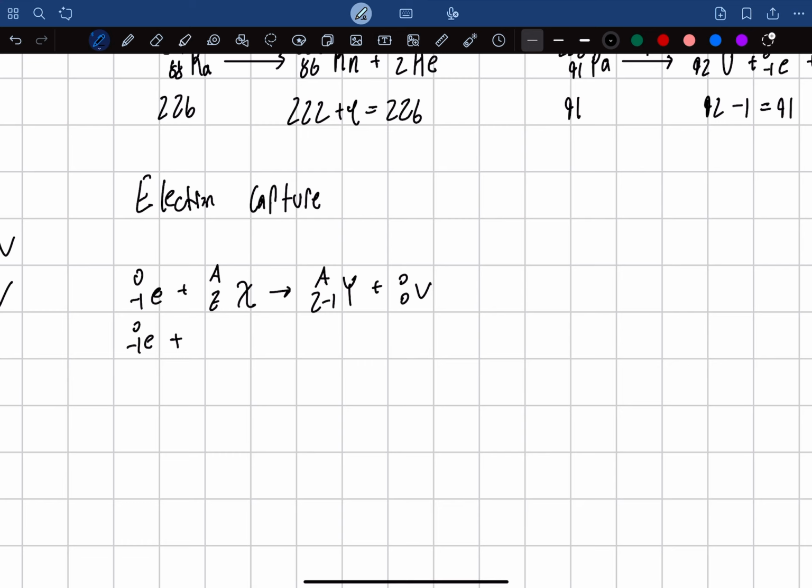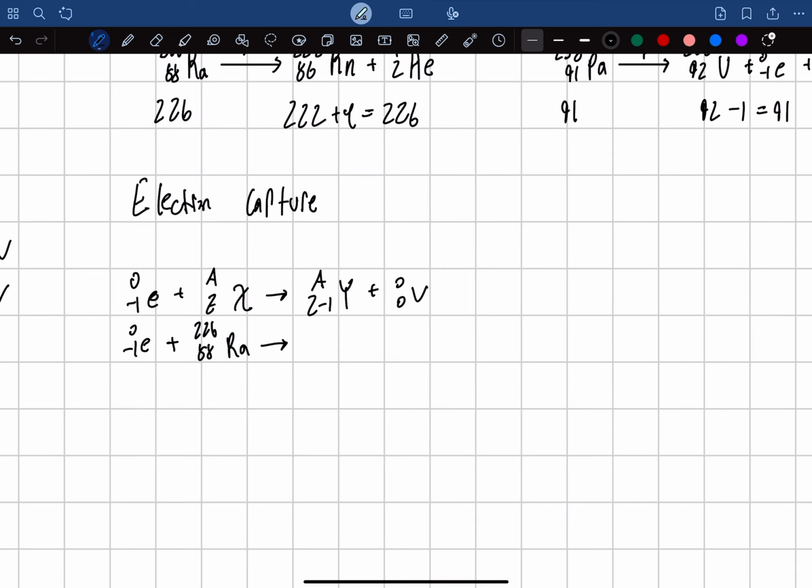So the last example, we're going to do another one with radium again. So we'll do 220, 88 radium. So what does this one become? Pause, try that real quick, and okay, I'm going to start this now. So the nuclear number is the same, and then the proton number is one less, so it's going to be 87. So that becomes francium